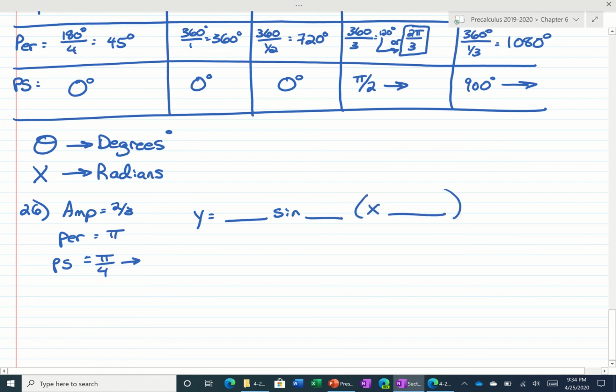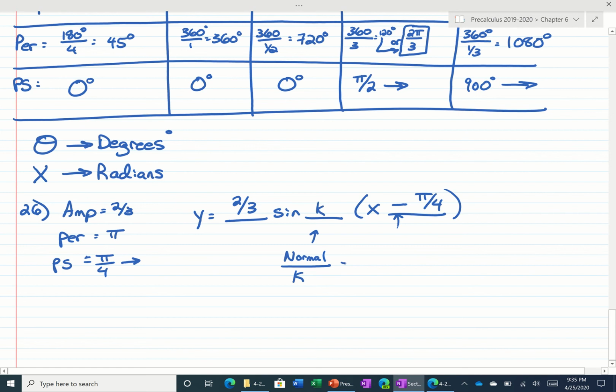That's what it means. So the way we're going to do this is we're going to fill in these blanks. Whenever we're in radians, we use an x. So if the amplitude is 2/3, we could put 2/3 here, or negative 2/3. It doesn't matter. Phase shift is pi over 4 to the right, so we're going to write minus pi over 4. If you are confused and you put a plus sign here, it's not a big deal. It doesn't matter. On the test, I'll tell you write an equation that's to the right, pi over 4. And then for the period, well, we know it's usually the normal divided by whatever number's in front there,